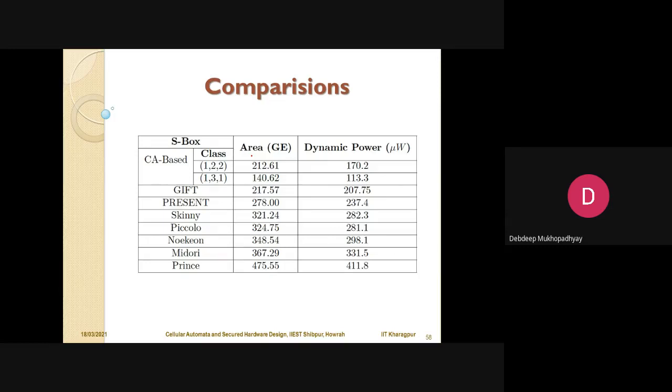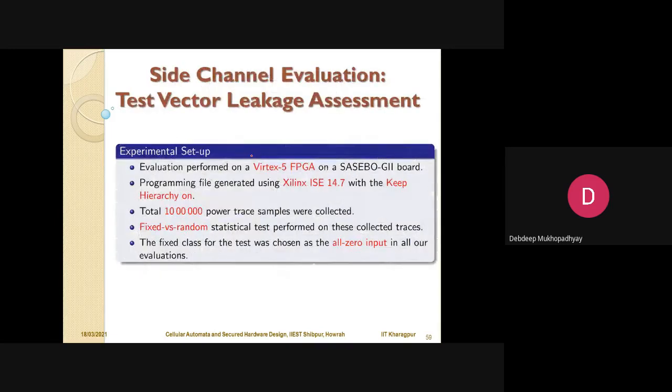And if you do that, finally here are your results of the overall cipher. You can see that the cipher overall, or the S box in particular, takes pretty few gates and also consumes less energy. Remember, all of these S boxes are actually protected against side channels. In our case, we took something like 10 lakh power traces, and there is a standard test for side channel inspection, which is called the TVLA,